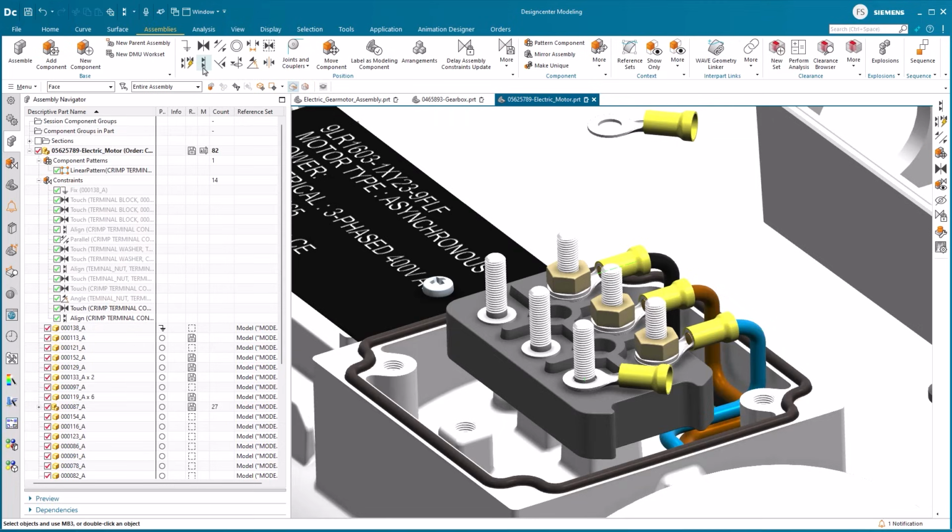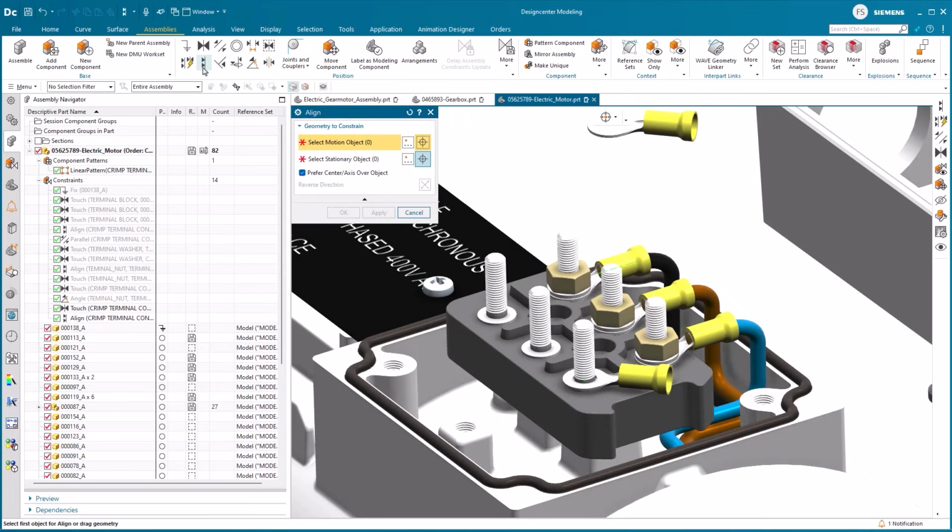To demonstrate, we invoke the Align Assembly Constraint menu and attempt to align the just constrained crimp's cylindrical centerline with the middle crimp's cylindrical centerline on the other side. As the centerlines of the two cylinders do not align, and considering the already added constraints, this becomes a conflicting constraint. The alert message in the lower right corner clearly states the issue to be a conflicting constraint. We also note that the OK and Apply is not available on the Align Assembly Constraint menu, as this is a conflicting constraint.